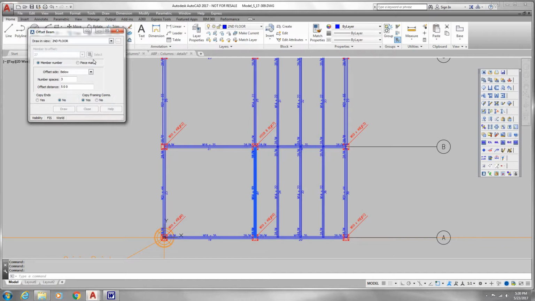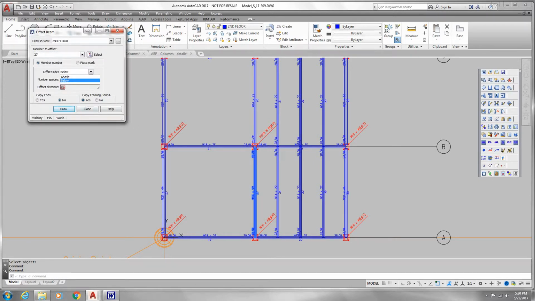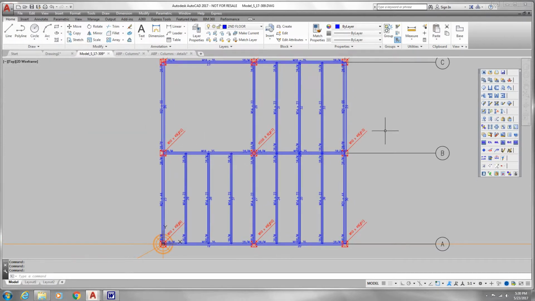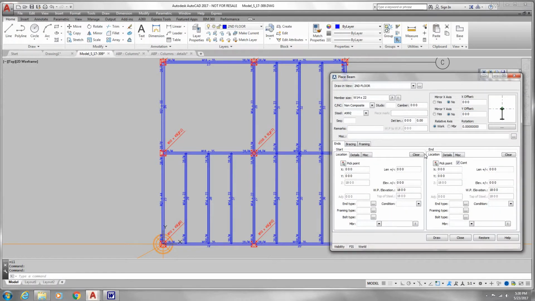And then I'm going to actually select the same beam again, and I'm going to go above and fill up that bay. Now on this one I'm going to do something a little different. I'm going to place a beam, and I'm going to make that a 16 by 36,